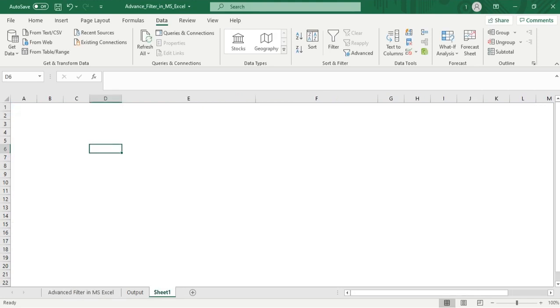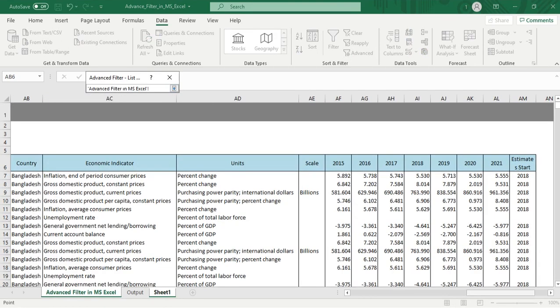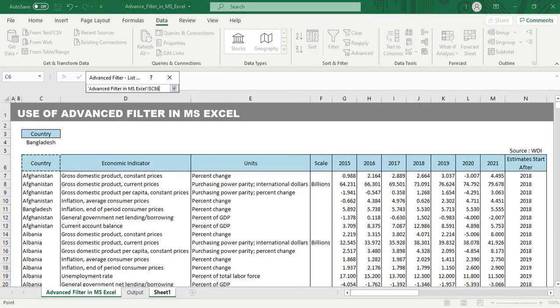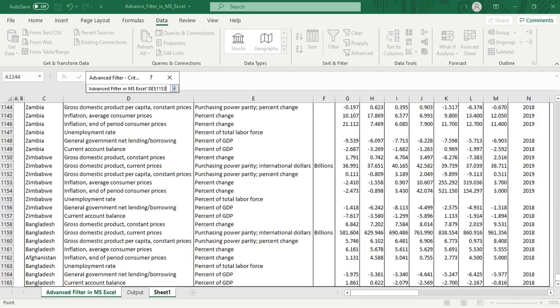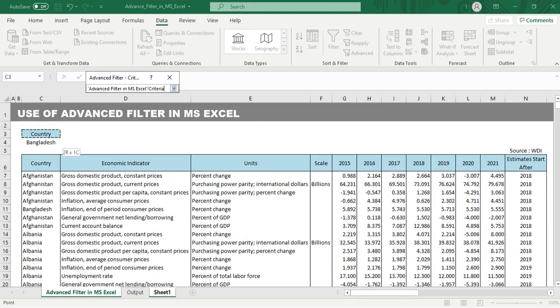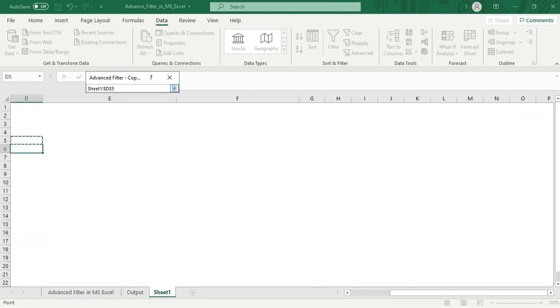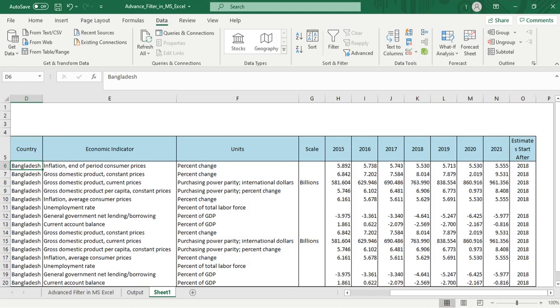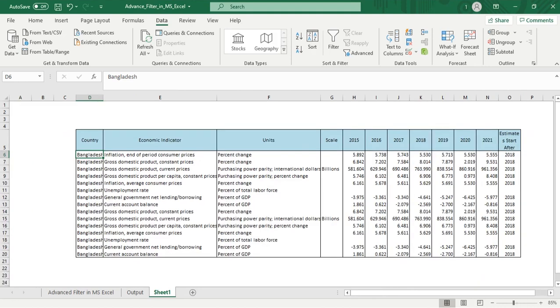For example, if we are in tab sheet 1, then we are in an active worksheet. If we open advanced filter, now select list range and criteria range from tab advanced filter in MS Excel and select option copy to in sheet 1, then the data will be copied in active sheet. So basically, for data to be filtered and copied in another sheet, we must go to the sheet where we want to paste the filtered data and then open advanced filter option.